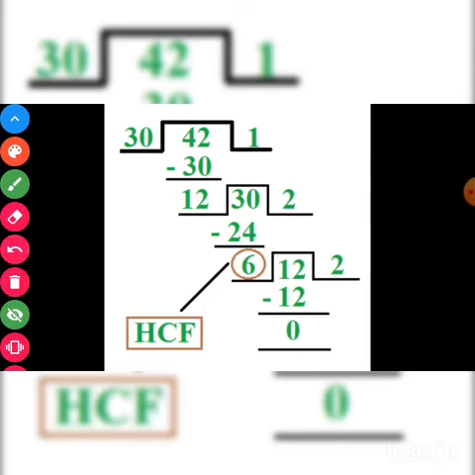So what we are going to do, we will do it by 2 times. So 12 twos are 24. Now the remainder is 6. Now as I told you, the previous divisor will now become the dividend. So now 12 will be the dividend and the remainder is 6. Now it will act as the divisor. Now in the table of 6, 12 comes 2 times and now we are getting the remainder 0.